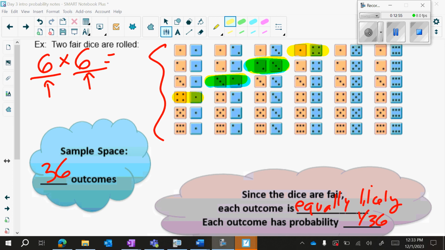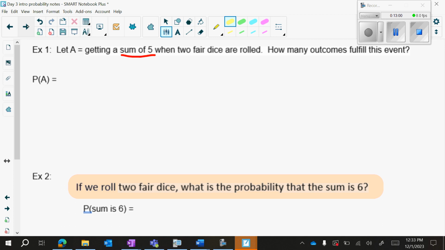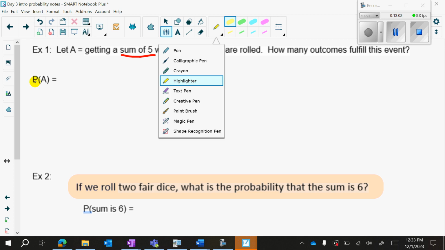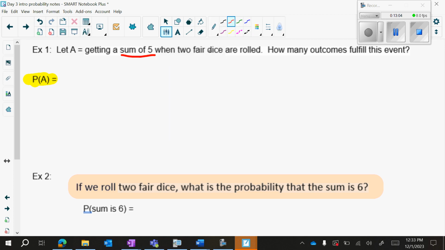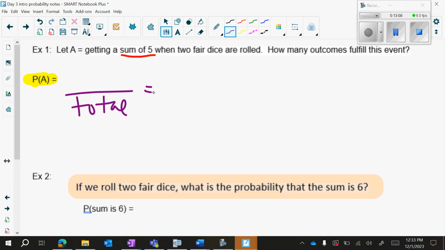So there's actually 4 ways out of how many total ways? 36, right? So when we were doing probability, you see the letter P, that means probability. You have to take it out of the total, okay? So we said there's 36 total outcomes in the sample space. So in this case, the desired outcome is the sum of a 5. Number of possibilities is 4 out of total 36. So you could either write 4 out of 36 or you could reduce it.